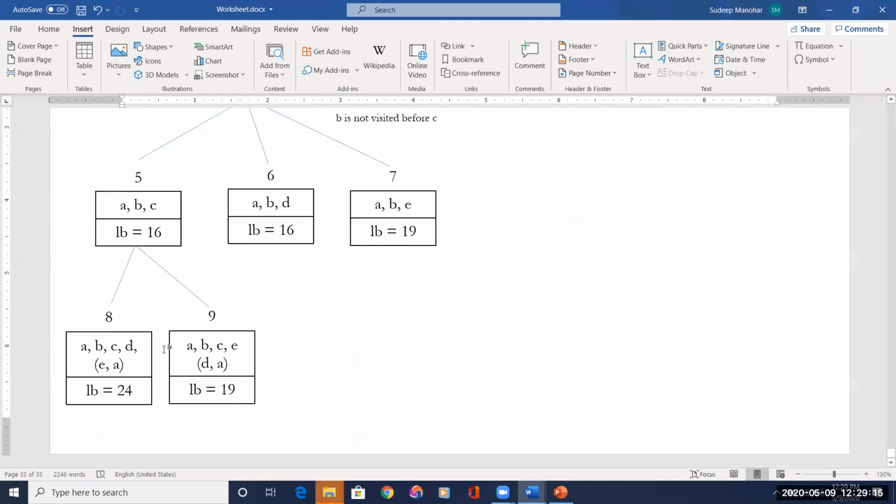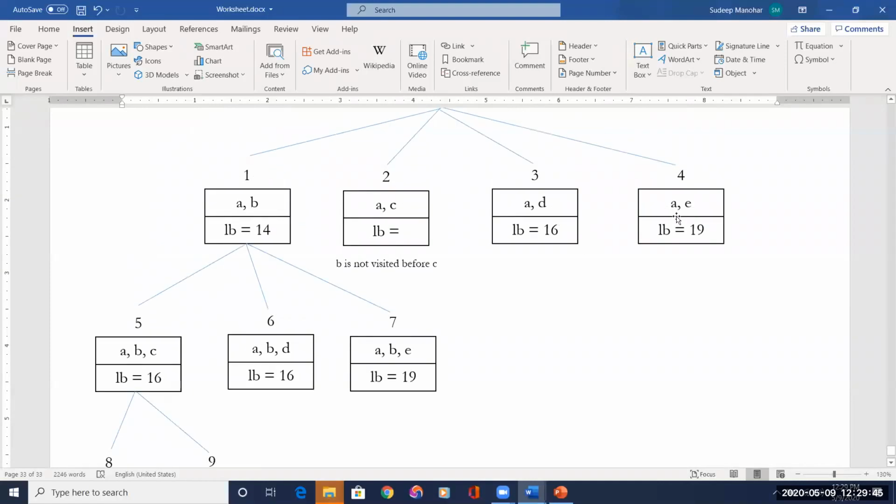So in this step, we have chosen node number 5 to be the promising node. Then we have chosen node number 8 and 9. So these two paths are chosen. Now don't go for this 6. Now you have completed one more step. One more level is completed by considering node number 5. Now see which are the live nodes. 8, 9 are live, 6, 7 are live, 3, 4 are live.